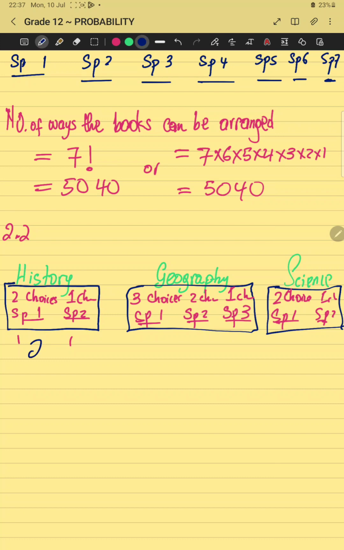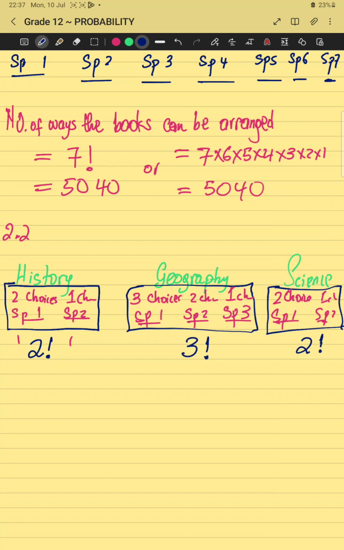There are 2 ways, 3 ways, and 2 ways. Remember we need to arrange, so 2 ways means 2 factorial, 3 ways must be 3 factorial, and 2 ways must be 2 factorial. And then we need to count the number of shelves that these books will be